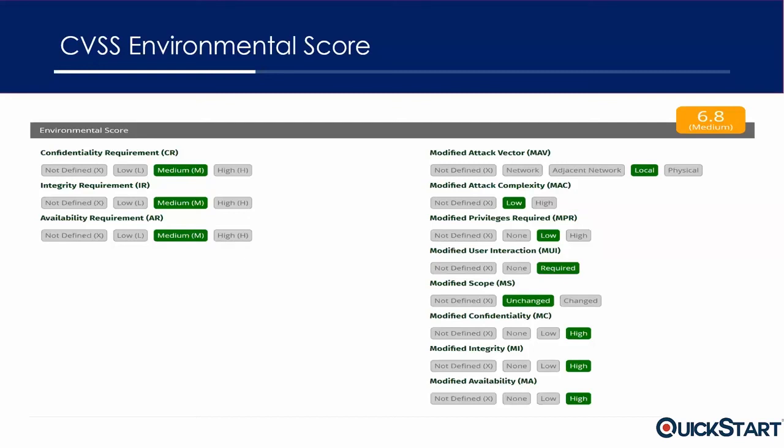So now it's at a moderate. I went from a high risk vulnerability to a moderate risk vulnerability just by applying logic and adjudicating based on my environment and not just what some website or some machine told me was true. So that is the CVSS scoring. That's how it's used. If you're looking for a way to actually get a good grounded score of what your perceived risk is versus what your actual risk is,